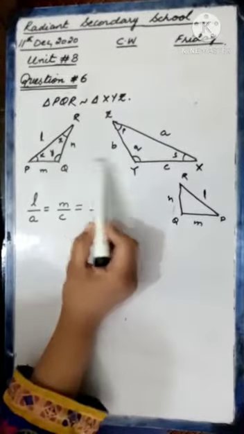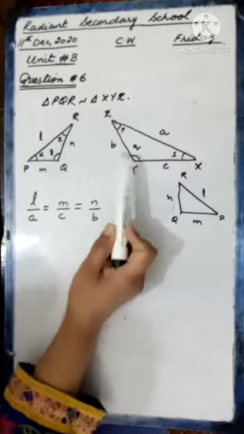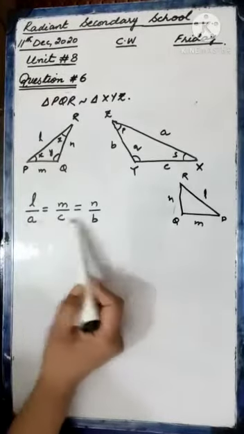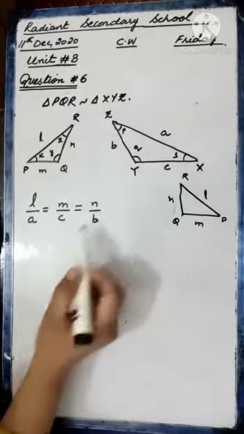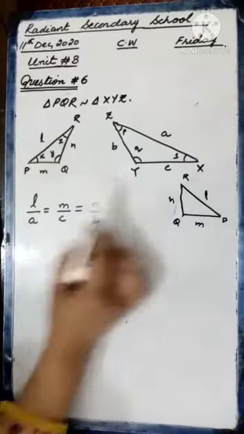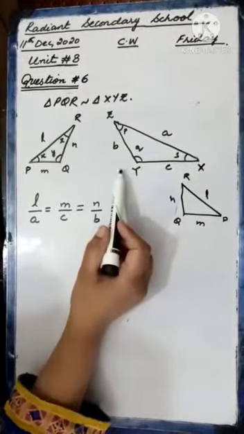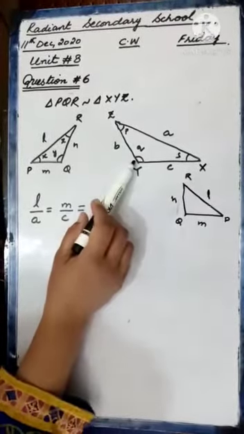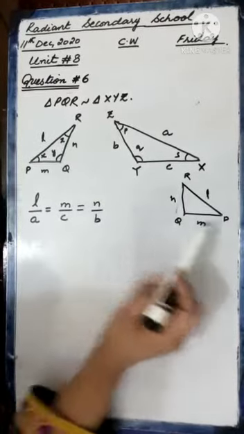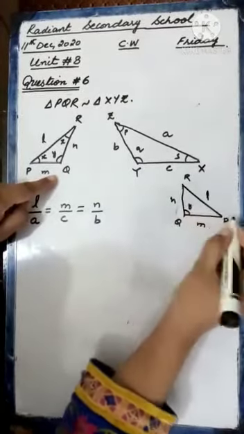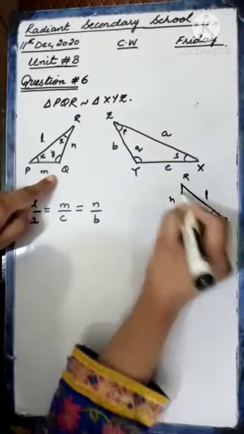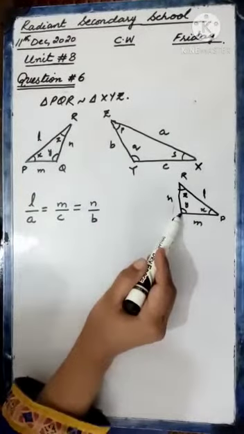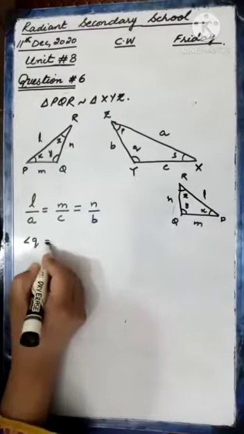It means if the figures are similar, then the ratio of their corresponding sides is equal. So we have written all the sides, a ratio of the corresponding sides, they are equal. We just have to show the relation between the corresponding sides. Now what about the angles? According to this diagram, we can see that angle Q is equal to, at angle Q it was Y here, and at P it is X, and at R it is Z. So angle Q will be equal to angle Y, because these are corresponding.